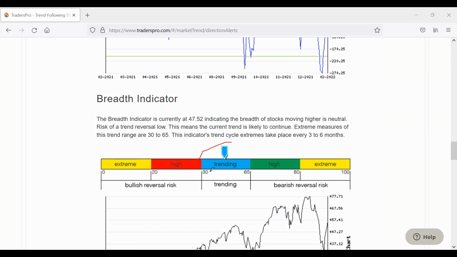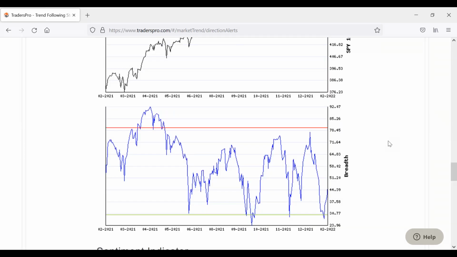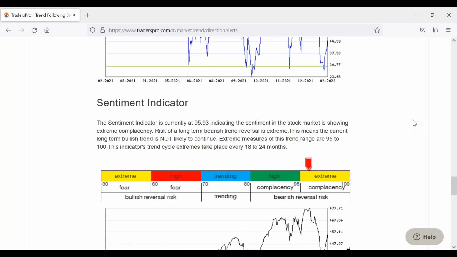I will point out though that the sentiment indicator has moved with the rally over the last couple of days. Remember, we're down a little bit today, so this may back off into the high range when it updates overnight, but it's moved into that extreme complacency range. I'm going to talk about this when we look at the critical area that we pointed out on Tuesday and how we might be reversing from that. I always keep pointing out that the last sell-off just did not scare the market very much. It's bothered me for the last 8 months when we've had some of these sell-offs.